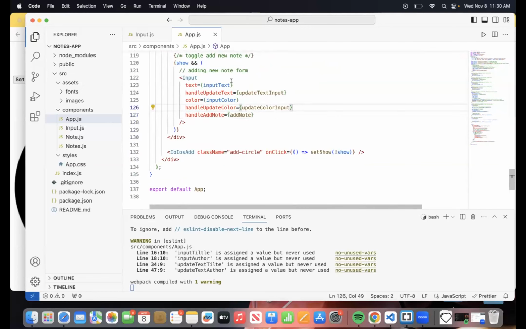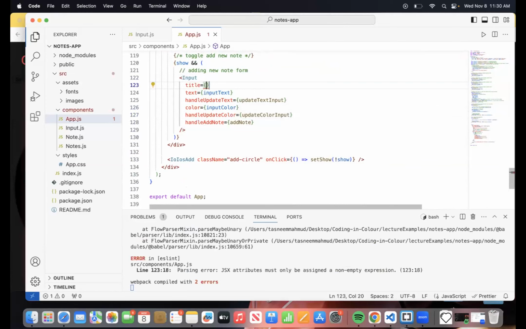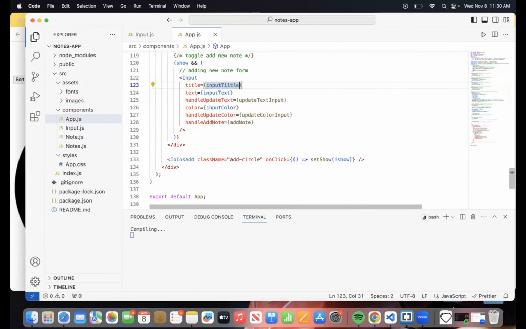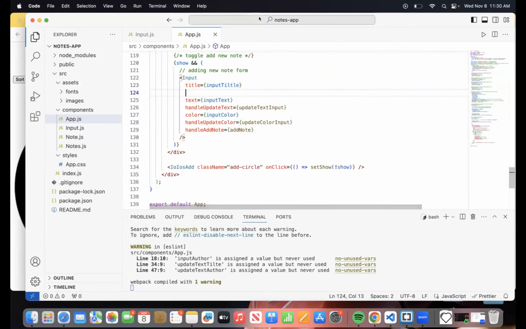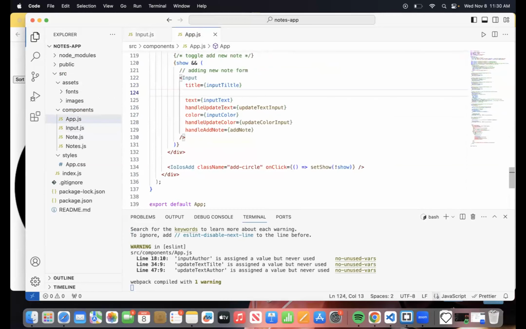So over here, I'm going to set the title as input title, and in the next line over here, if you see, I wrote down handle update title, so that's what I'm going to write.